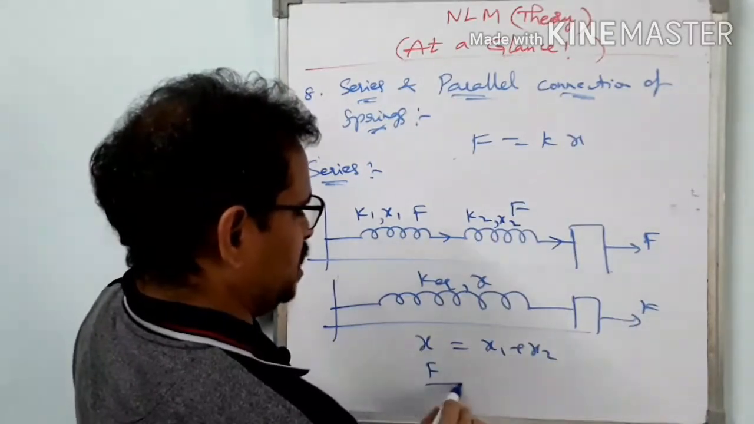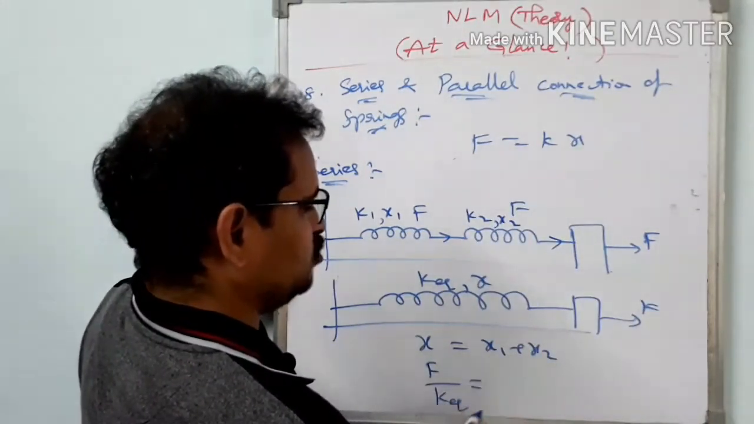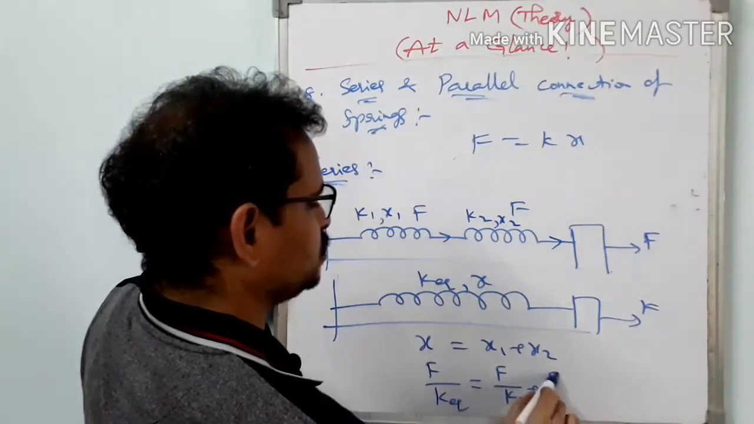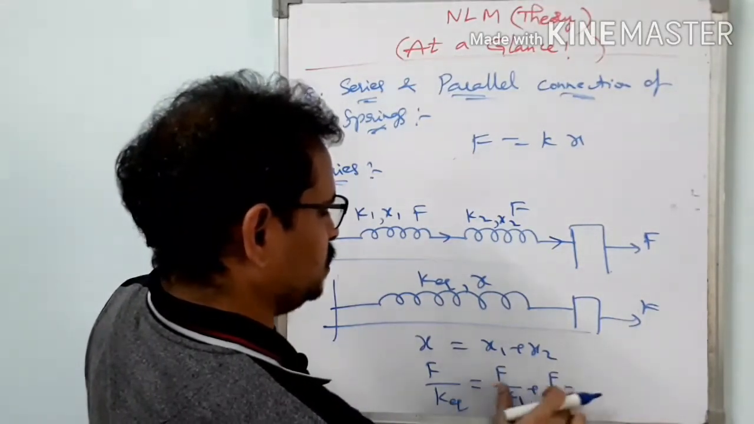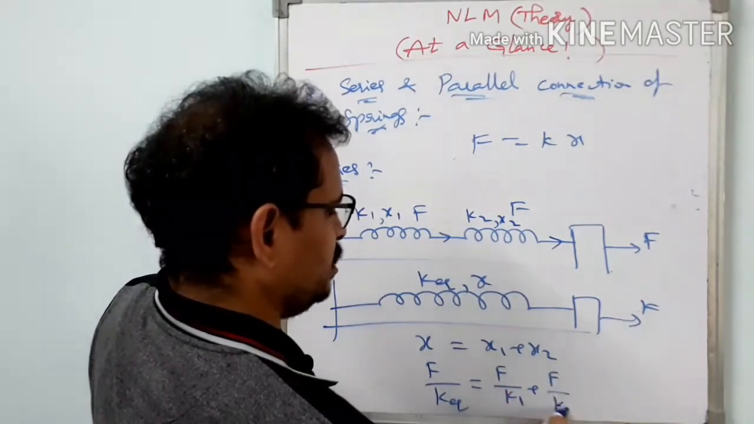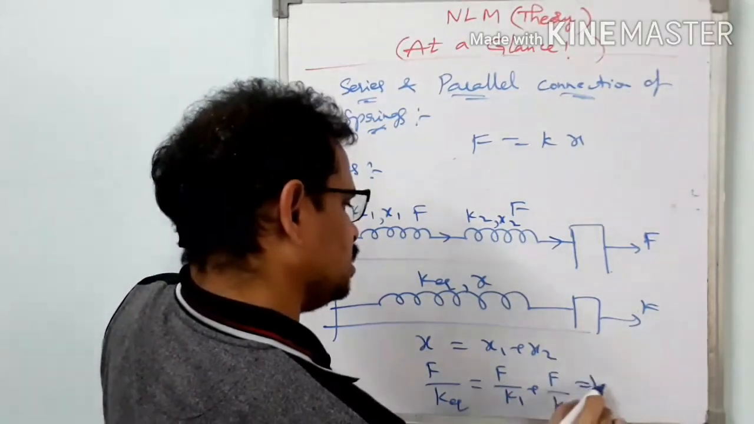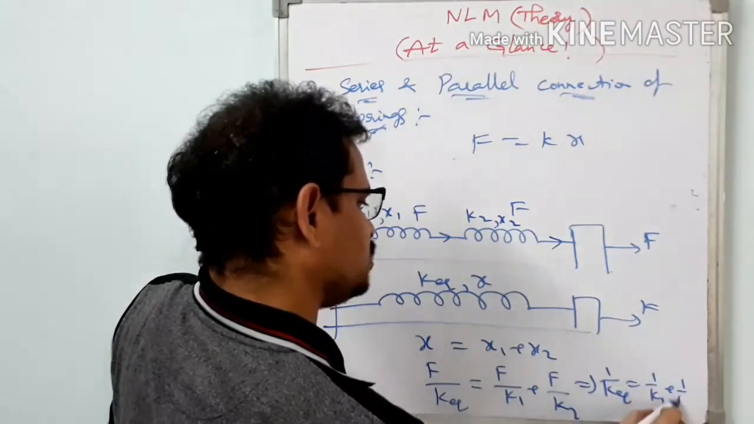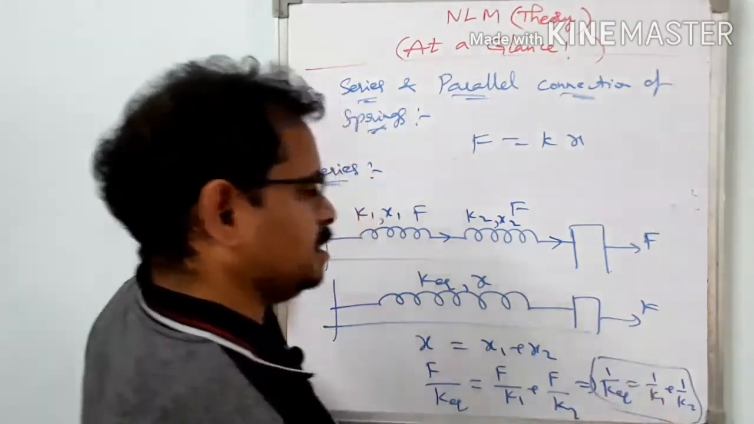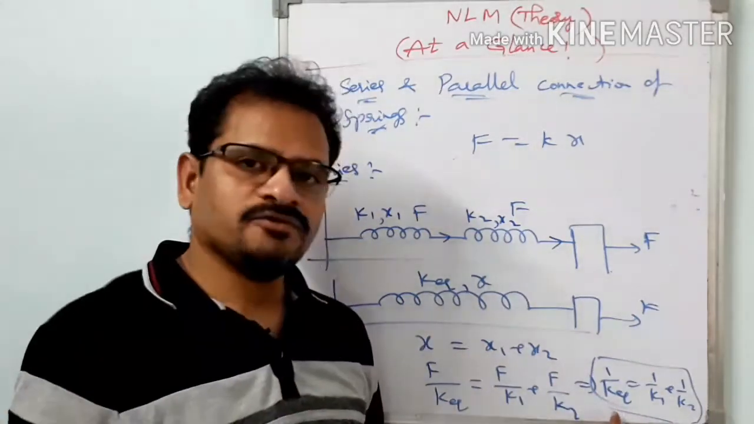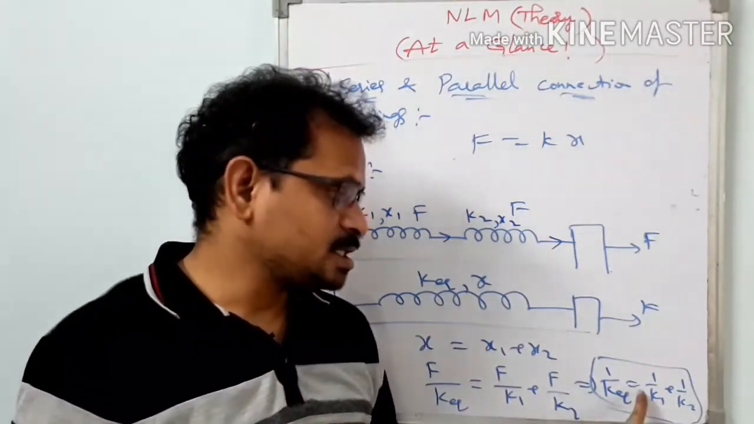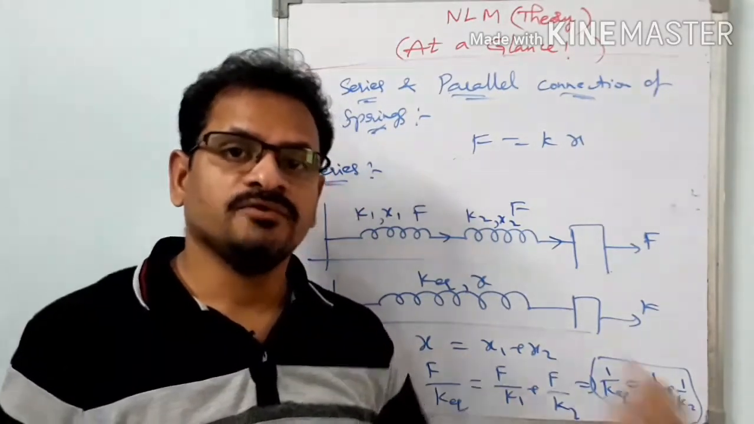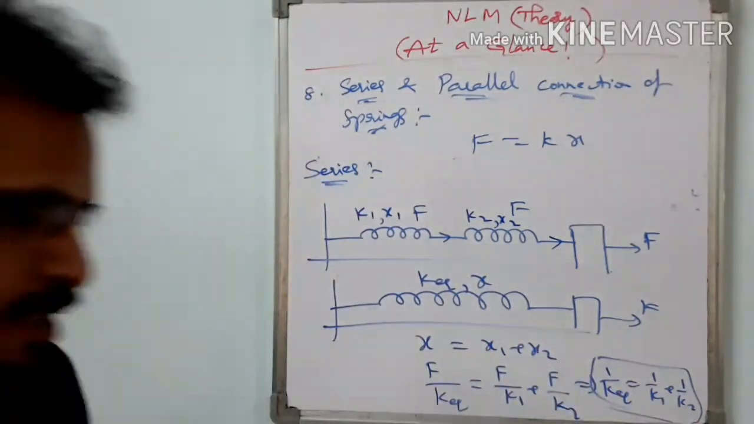F by K. So F by K equivalent equals what is X1? F by K1, plus what is X2? F by K2. So in this case 1 by K equivalent equals 1 by K1 plus 1 by K2. So the reciprocal of the equivalent force constant is equal to the sum of the reciprocals of the individual force constants. Okay, so the next one is